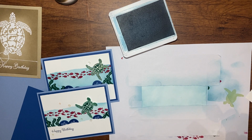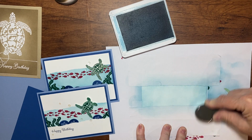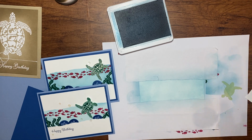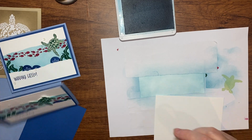And I think, you know what, I think I'm done right there. Well, no. All right, I'm not done. I have to go one more time. I'm gonna just get around these edges here and make sure my edges are nice and inked up. Okay, now I'm done. While we're at it though, because we got the inside, I'm gonna add, just like this,